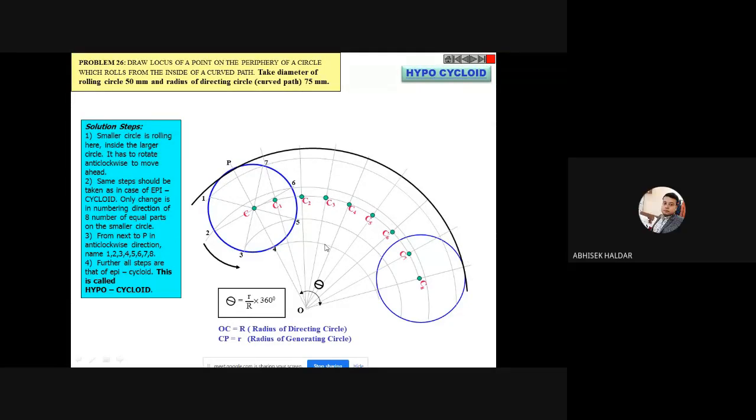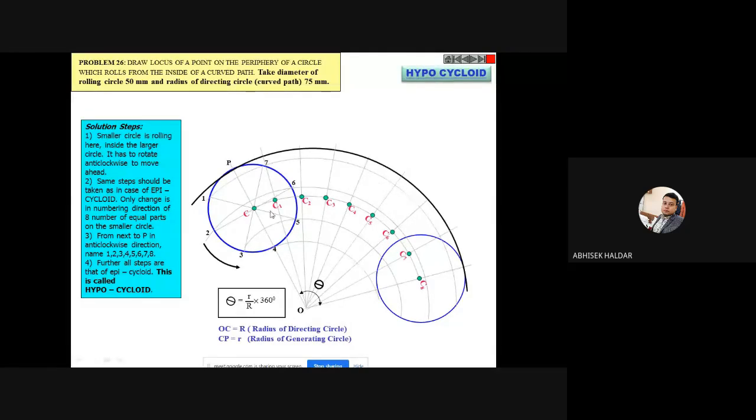Because it's the same thing, O is my center and I'm taking the radius. What is the radius? O to 4 first, that is this one. Then O to 3, that will pass through 5. O to 2, that will pass through 6. O to 1, that will pass through 7. And I will draw the arc up to theta. And interestingly and importantly, I should say, this central arc line should be separate, that you know, on which these C1, C2 points will lie. What are these points? These C1, C2 are nothing but the intersection between the central arc line and this angle division.